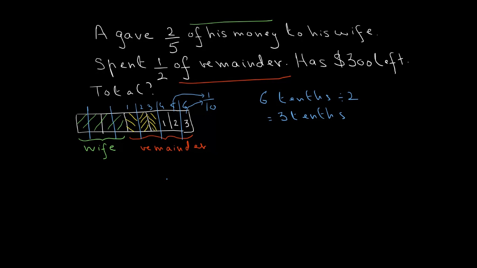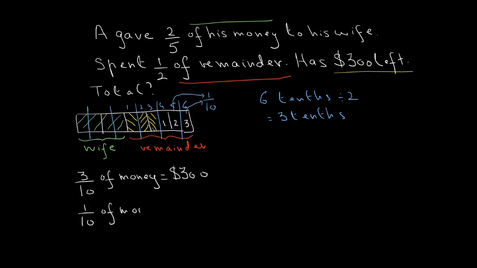So we have figured out that 3/10 of the whole, the entire money, is equal to 300. That's what the problem states, right? That whatever is left is 300. So there are 3/10 and there are 300, which means that each one of the tenths, if you look at each 1/10 of the money, must be $100 because 3/10 are $300. And now there were 10/10 to begin with, which implies initially the money that he had, total money,